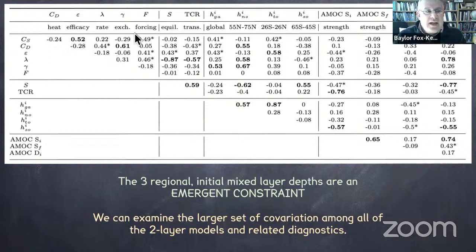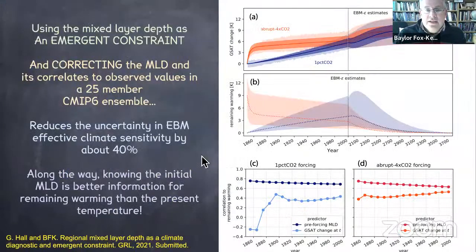You can see that as you change these parameters, you change things about the AMOC, you change things about the mixed layer depth, and then those have feedbacks again back onto the climate sensitivity and the transient climate response of the two-layer model, which we know is already a good predictor of the climate sensitivity, the transient climate response and the thermosteric sea level rise of the full CMIP model. So what does that mean? That means we can push the two-layer model, or the ensemble of two-layer models, by correcting each